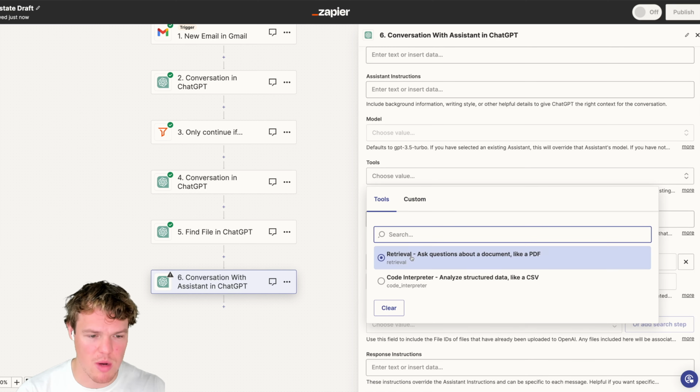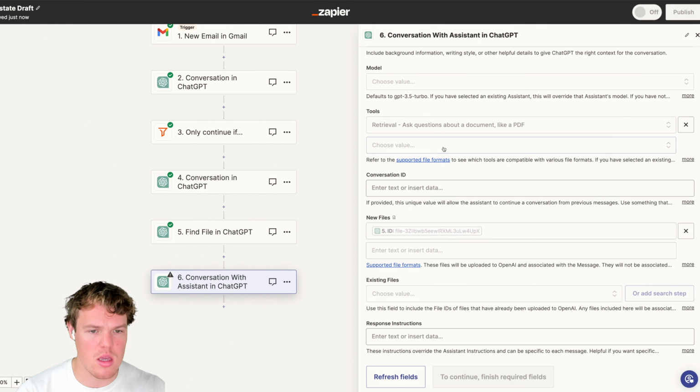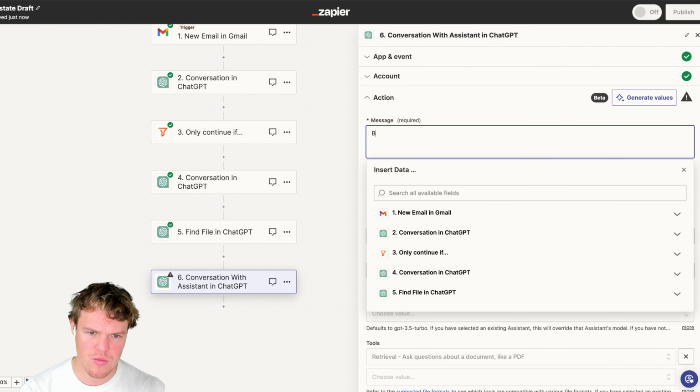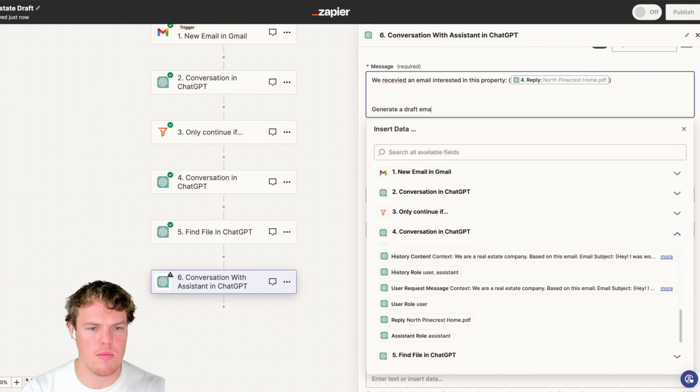We're going to choose our tools here. We're going to make sure we have retrieval. Got an ID, retrieval, existing files, perfect. And we got a message here. We're going to say, we received an email interested in this property. How do we know what property it is, Corbin? Because that is where we set up that 3.5 block. So we can only give context right here. Boom. Generate a draft email that responds to this person's inquiry